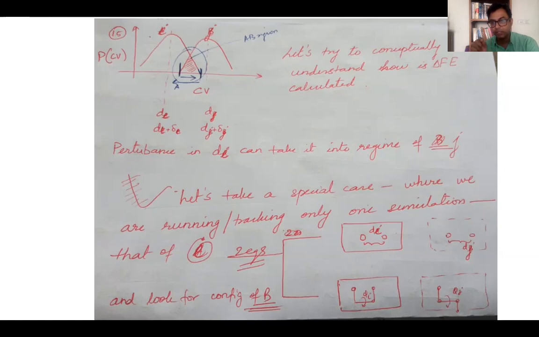So the reaction coordinate that you define, or the collective variable that you're defining, you need to sample in a very close ensemble or a configuration that is also likely to be visited by the other state that you are not simulating. Okay, I hope this is a bit confusing. I hope this becomes clear as I go along and actually take some examples.